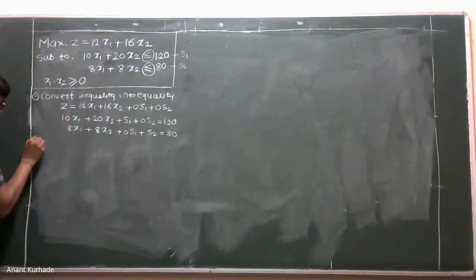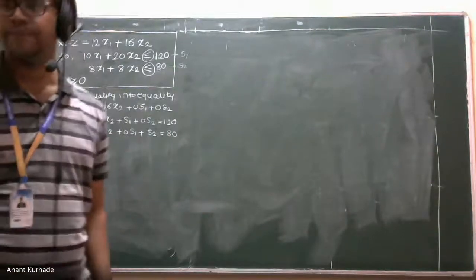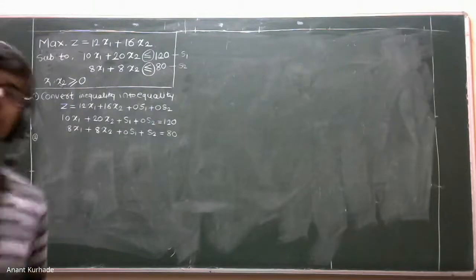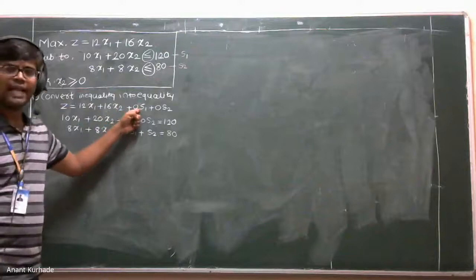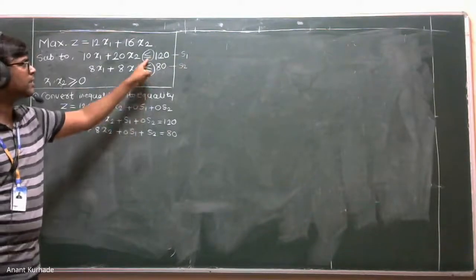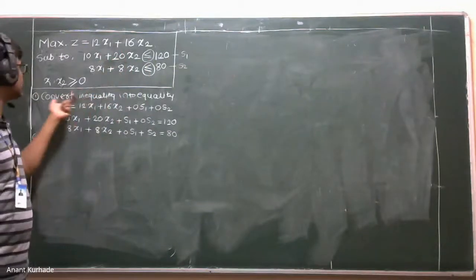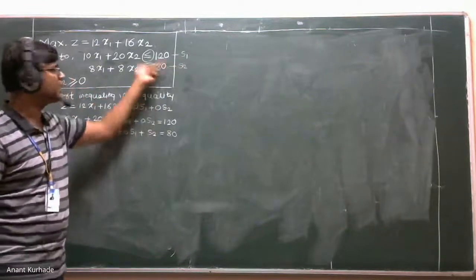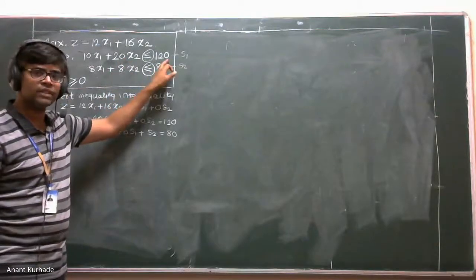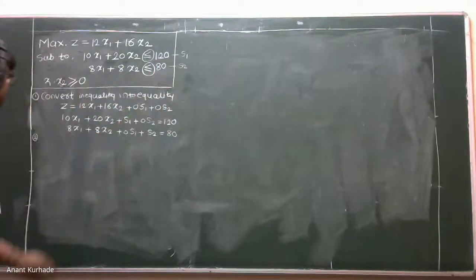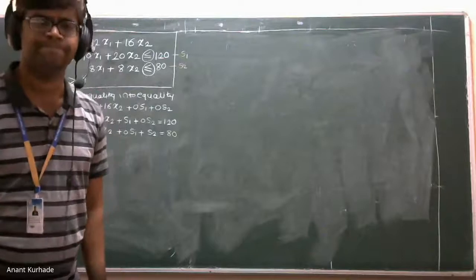Now the second step. Up to this, any doubt? Hello? Any doubt up to this? Yes, tell me. Unmute yourself and give an answer. Slack variables we have to add. Why? Because the constraint is less than. Less than means we have to convert that sign into equality, so both sides should be equal. Then add S1. Why S1? Because it is the first constraint. S2 because it is the second constraint. Now, any doubt up to this? Just reply fast. Tell me.